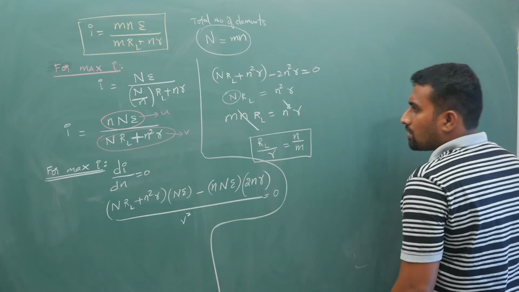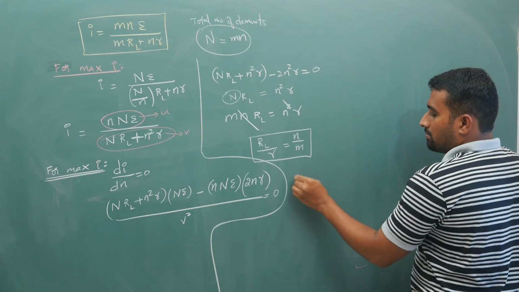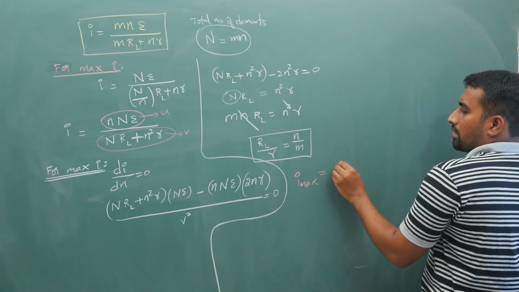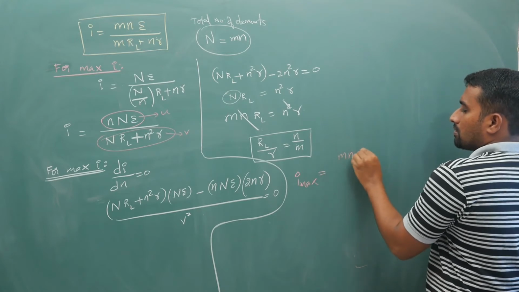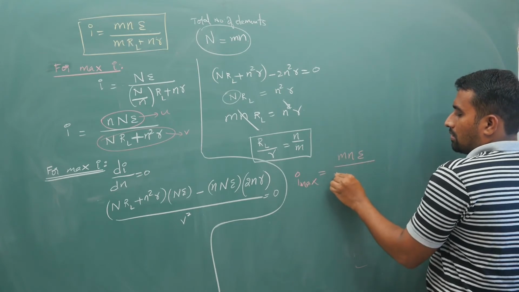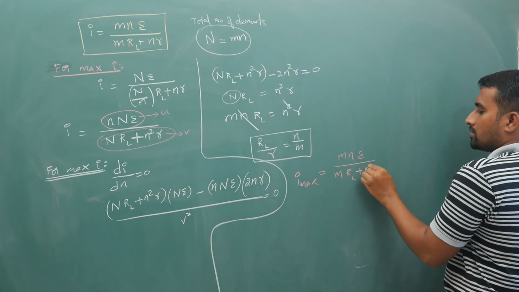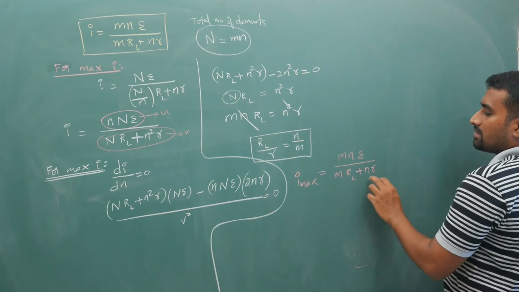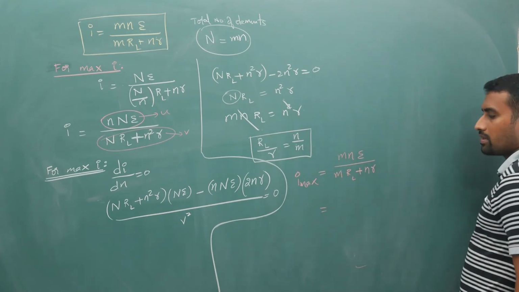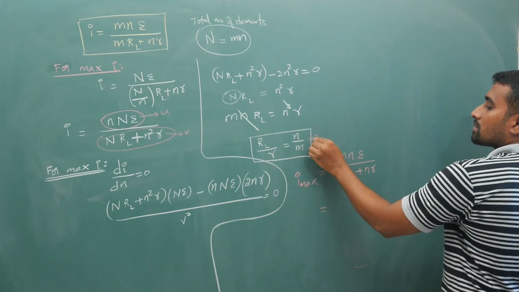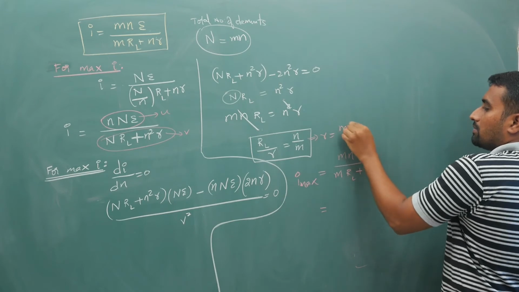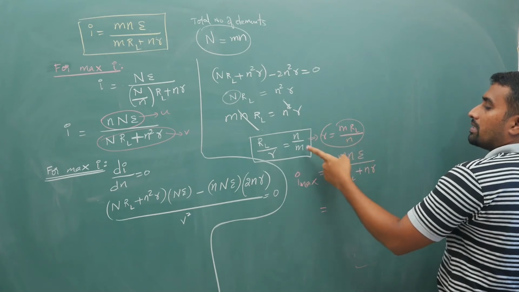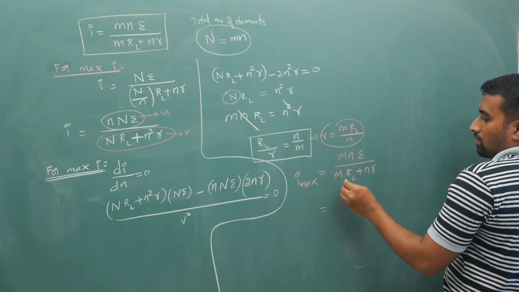Now what is your maximum current? Your I max is equal to mn into E by m times R load plus nr, which is your current expression. So in terms of internal resistance or load resistance, whatever you want, you can express. What I will do is, your small r can be written as m times capital RL by n from this. So m into n,